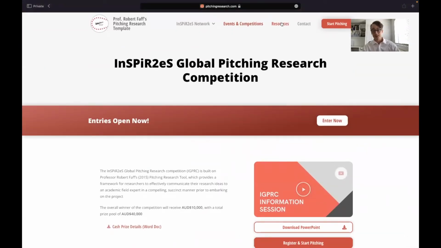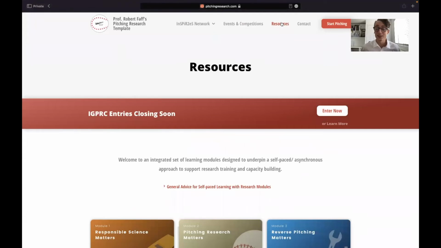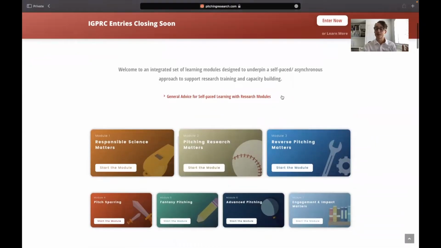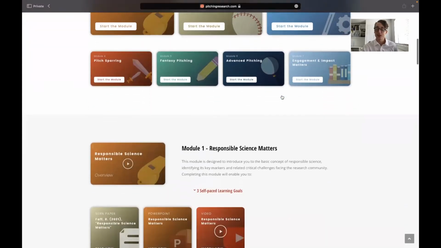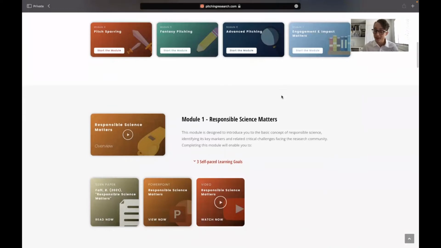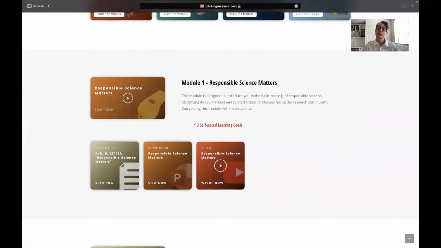We then have our resources tab. Now, this is where you can access a whole load of different information and resources around using the Pitching Research template. These have all been categorized around different modules or different sections or elements of learning the Pitching Research template. And these you can go through and learn at your own pace and complete any different modules or aspects of the template that you're maybe lacking in or feel like you could evolve a